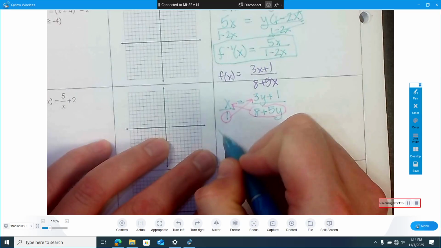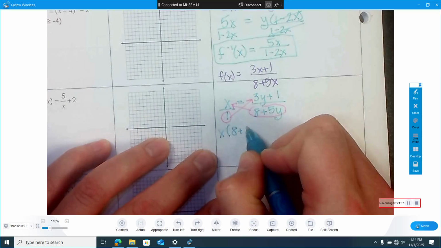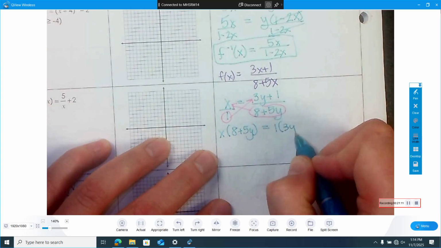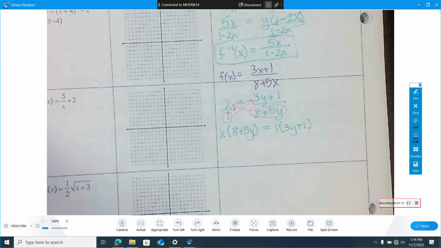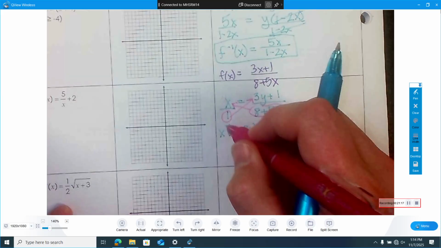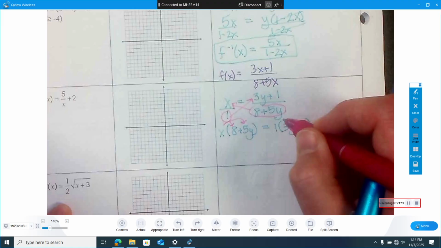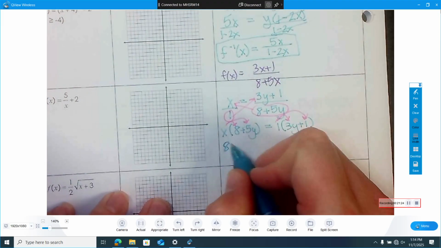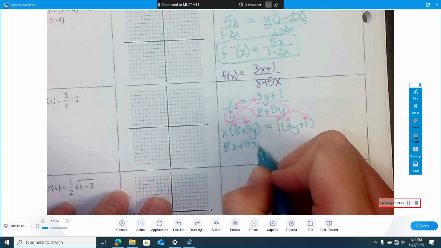So this becomes x times the denominator equals 1 times the numerator. And then we need to distribute. So we get 8x plus 5xy equals